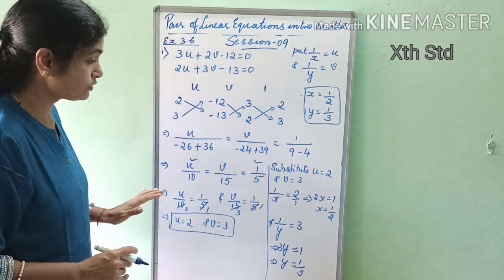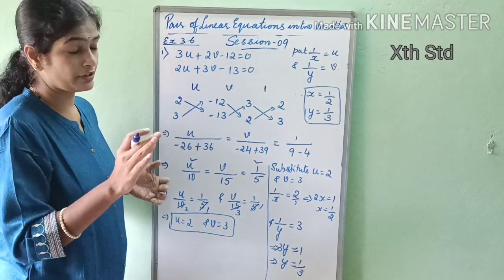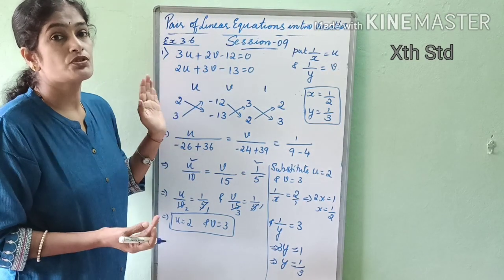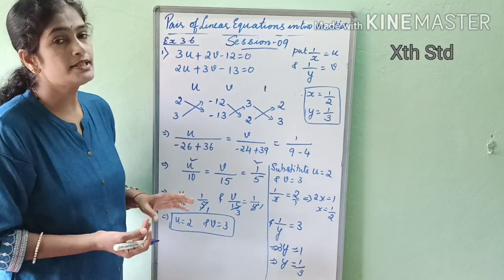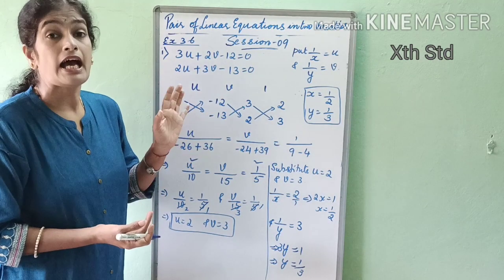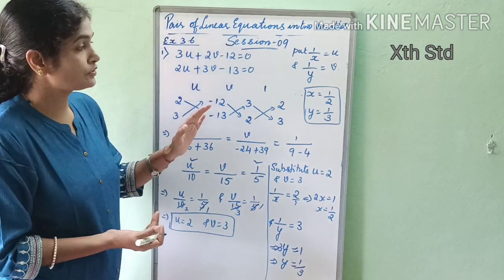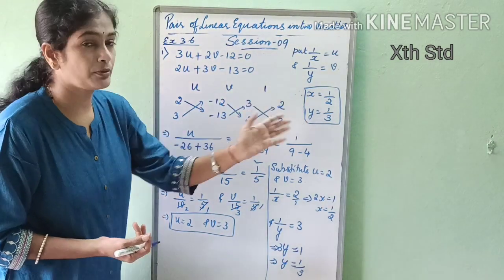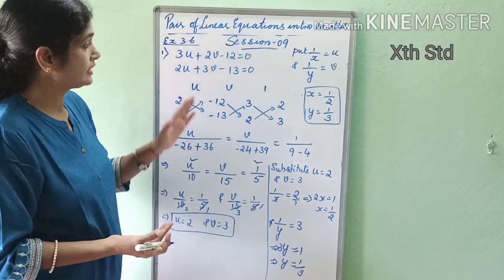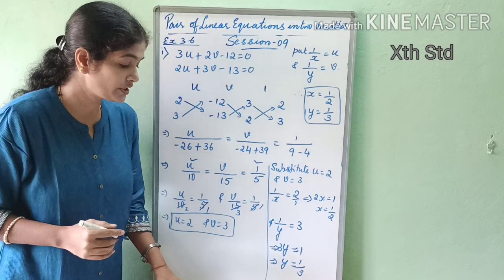This is how you have to solve it. So first you have to reduce the given equations to a pair of linear equations in the standard form. Whenever this kind of reducible equation comes, usually the variables will be in the denominator. By that you can recognize that these equations have to be reduced to linear equations in two variables by substituting an appropriate alphabet or another appropriate variable. Fine. So this is how the first part, the first question, is done. Okay. Then we will move on with the second problem.